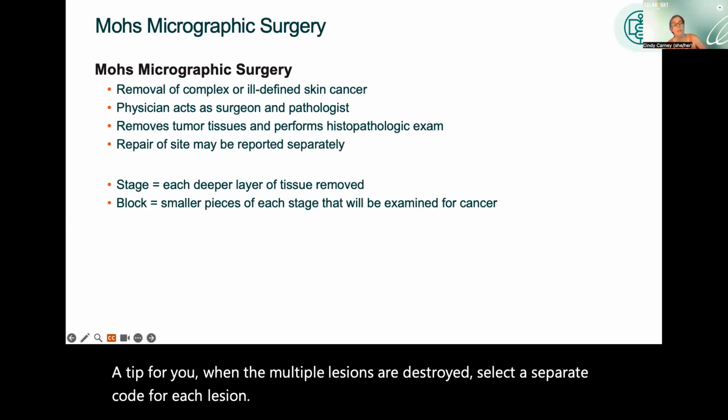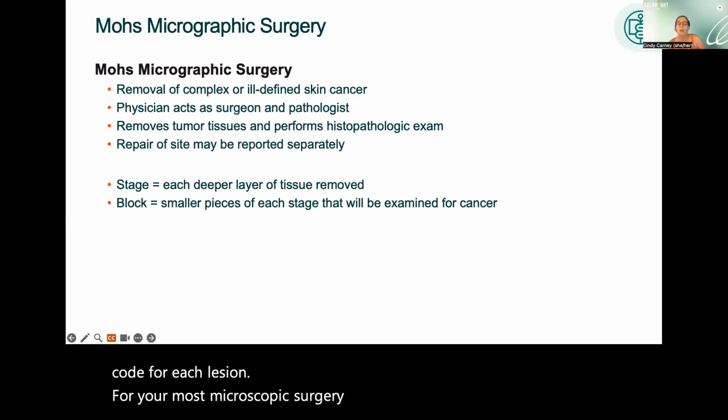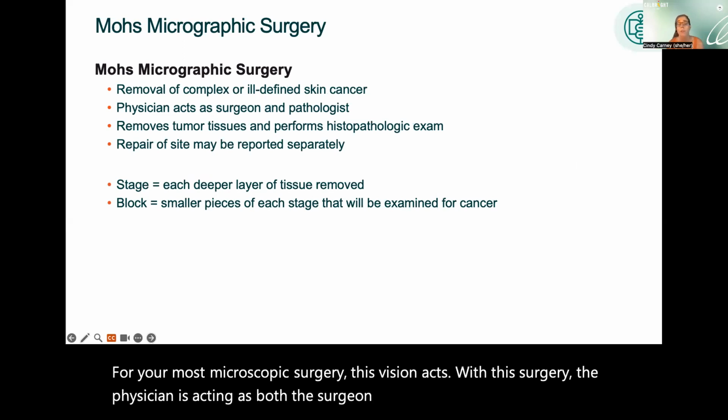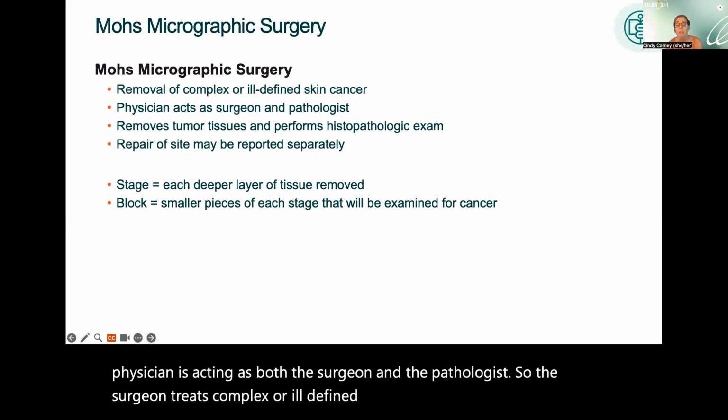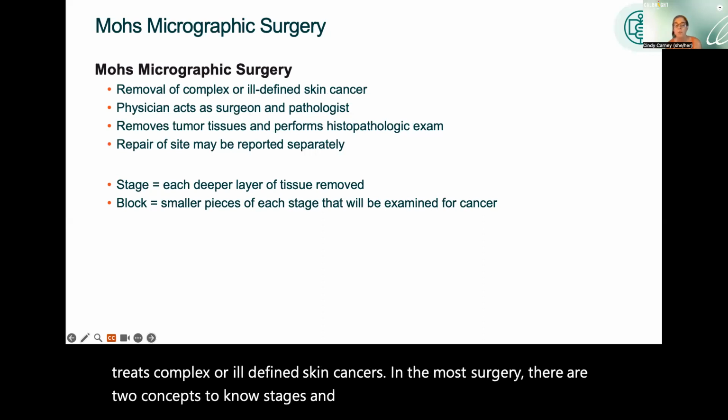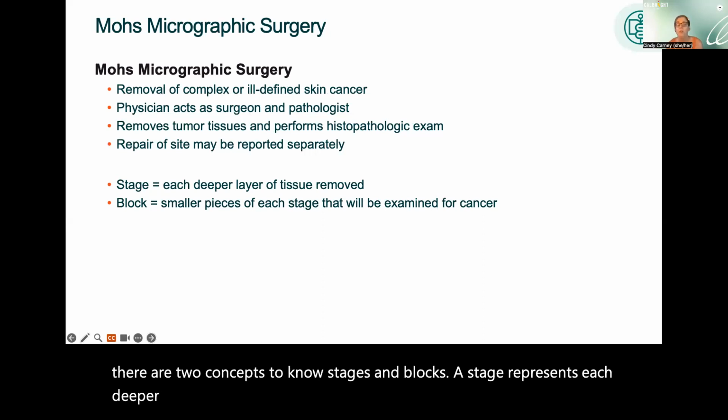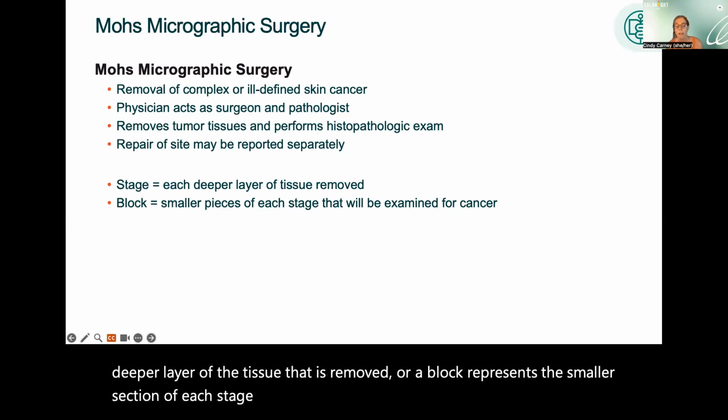For your Mohs microscopic surgery, with this surgery, the physician is acting as both the surgeon and the pathologist. So the surgeon treats complex or ill-defined skin cancers. In the Mohs surgery, there are two concepts to know: stages and blocks. A stage represents each deeper layer of the tissue that is removed, where a block represents the smaller section of each stage that will be prepared for examination under the microscope